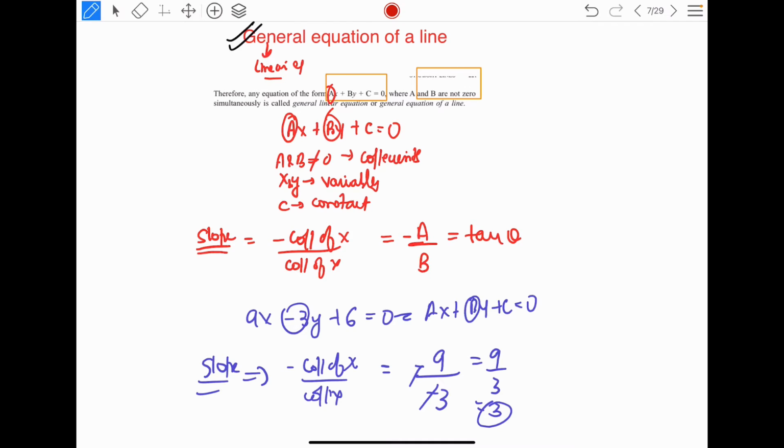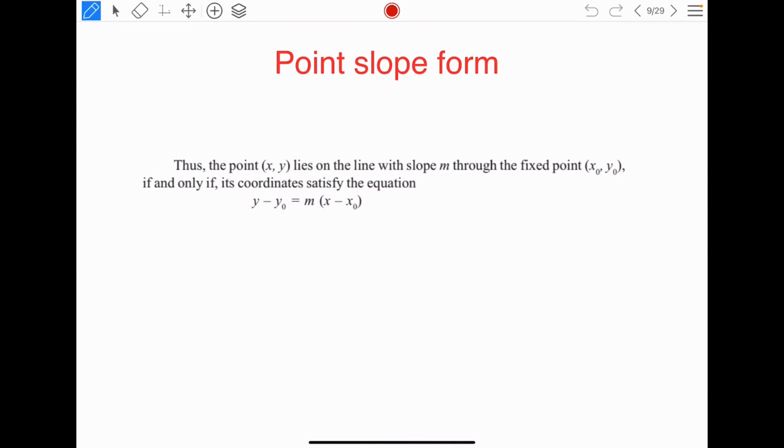Okay. Alright. The next thing, now we will be taking different forms of the equation of a line. First we took up the general equation, now let's understand the different forms. The first form is point slope form. What do you mean by point slope? Just understand from the name. Point means it is passing through a point, say suppose x comma y, and slope you already know is your tan theta, or equal to your m.